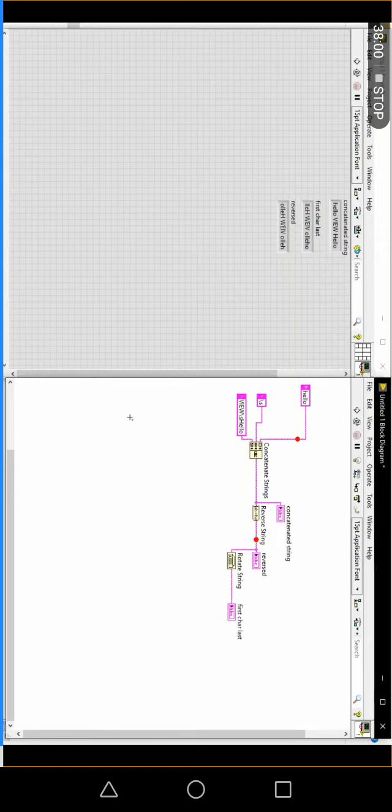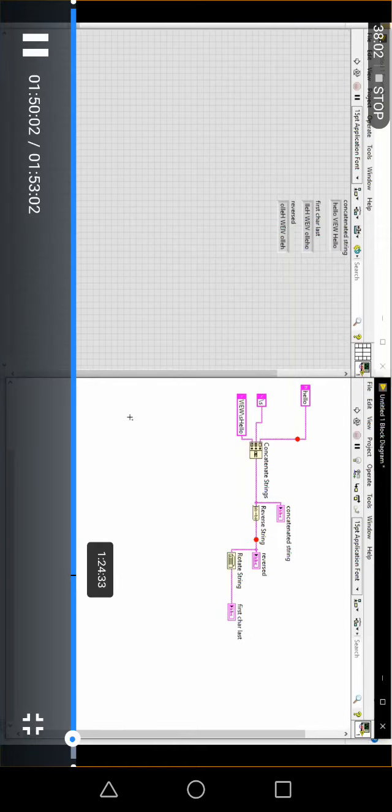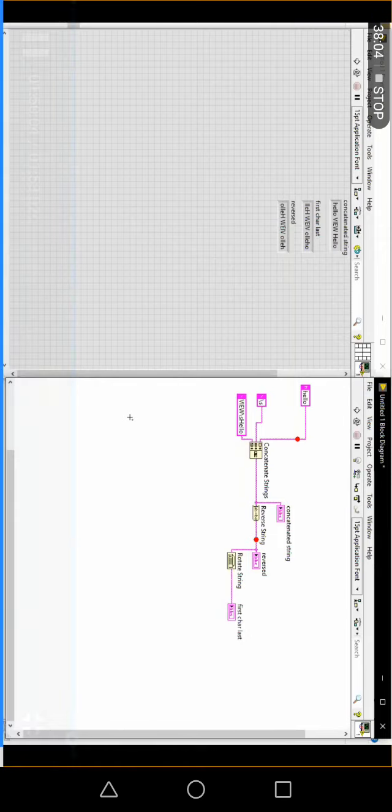We started with the Boolean data type. We discussed the Boolean functions and conversions: number to Boolean array and Boolean array to number. Then we discussed what happens if you connect a numeric input, what result we get and how to get that result. Then we discussed the important thing called mechanical action. Switching action will be available, latching action will be available.